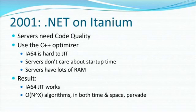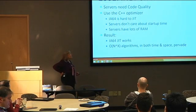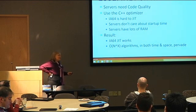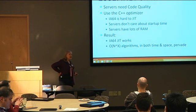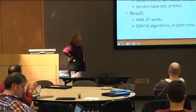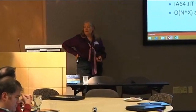In 2001, we needed to have .NET on Itanium. So you can say this is one of the impacts of the Itanium era that survives to this day. What happened was we were going to use a C++ optimizer because Itanium, aka i64, is pretty hard to JIT for, and it's really focused on the server. They don't care much about startup time, so it doesn't really matter if it takes you a long time to JIT your methods. And servers have lots of RAM, so it doesn't matter if your compiler is not only slow but also big. So the i64 JIT works, or worked, it probably doesn't anymore, but lots of algorithms that don't lend